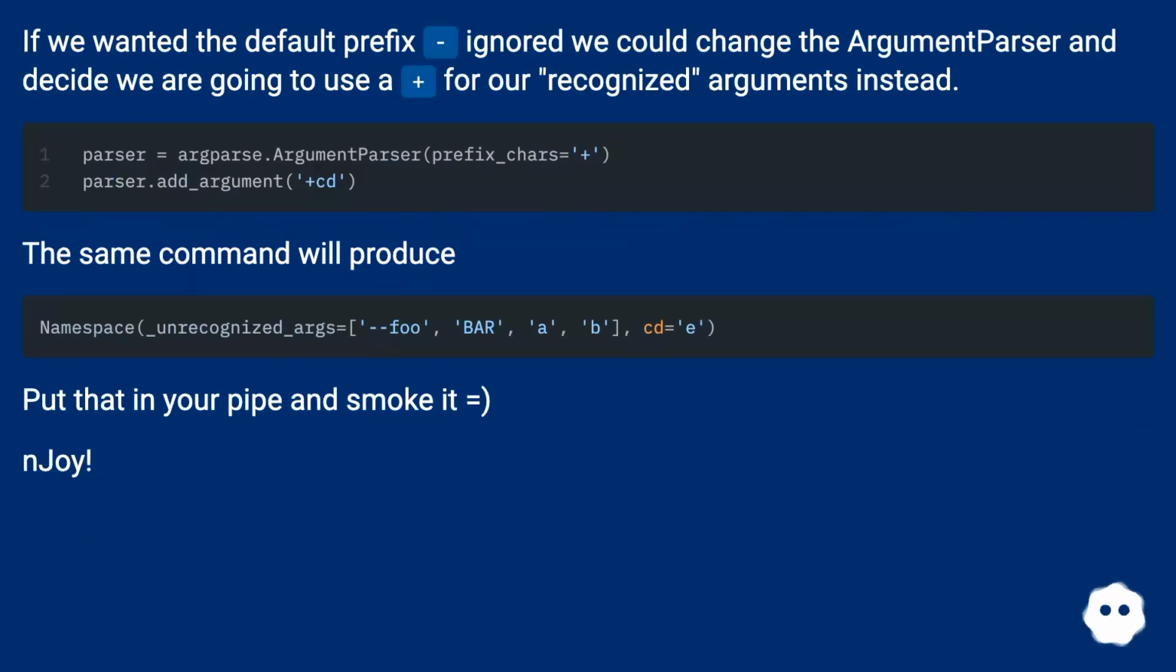If we wanted the default prefix ignored, we could change the argument parser and decide we are going to use a plus for our recognized arguments instead. The same command will produce